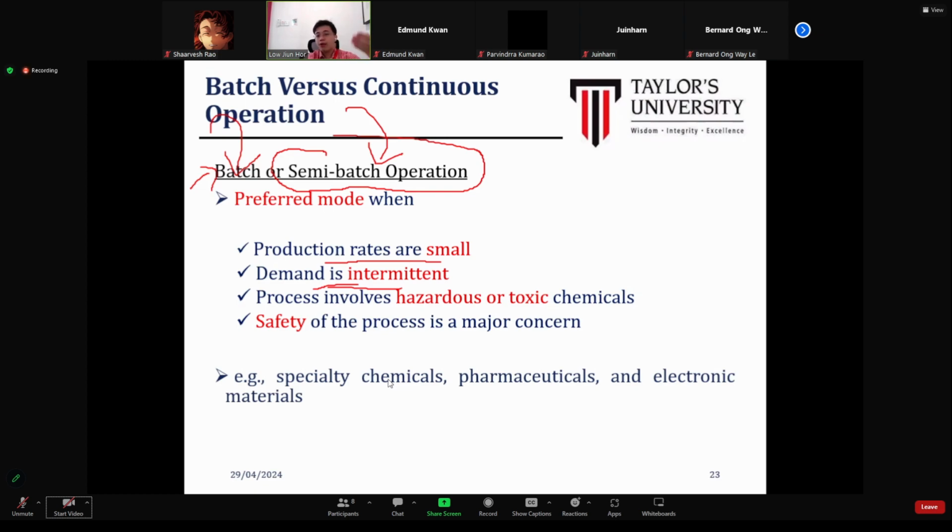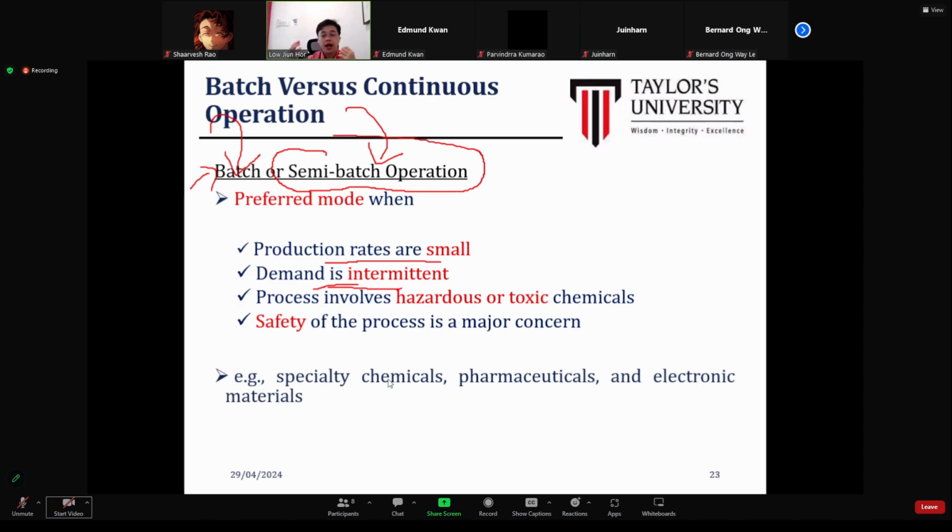Demand is intermittent means some of the products are actually very special. When you produce a product already, you cannot directly supply it to your customer. You need to get some of the sample, then pass it to your customer. They will probably look at the sample to see whether the quality is suitable or not. If yes, then only you can proceed to supply to them. If they reject, then you need to continue, maybe you need to continue the process, or find a way to make sure the process can produce a product